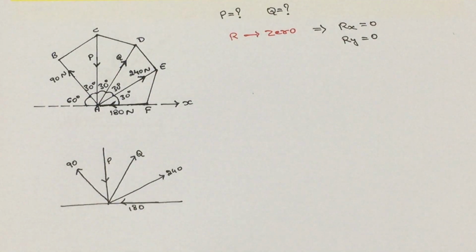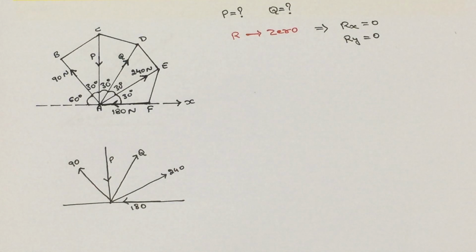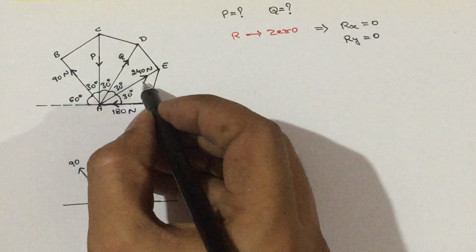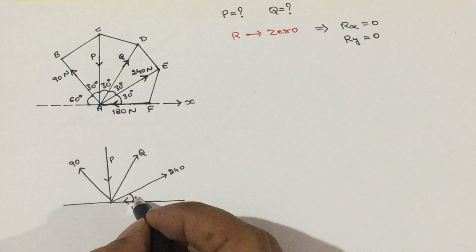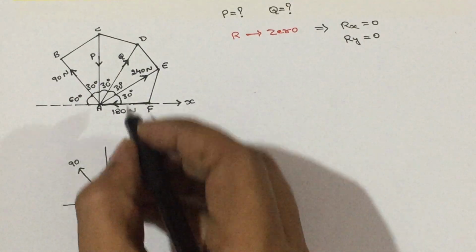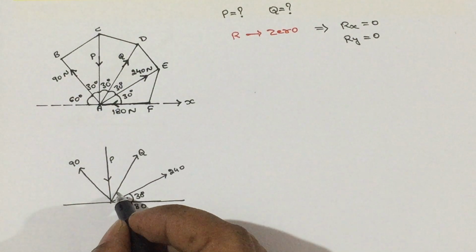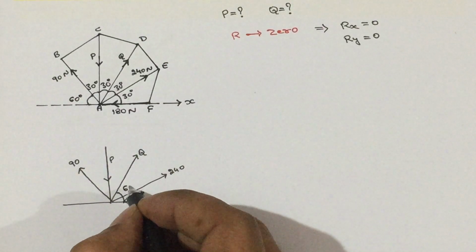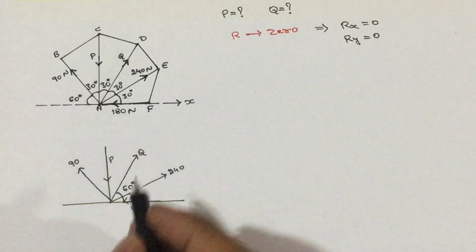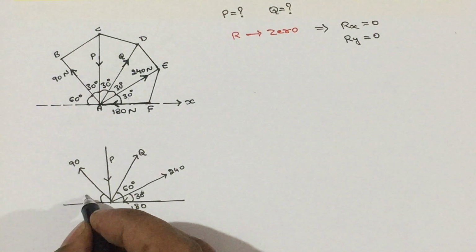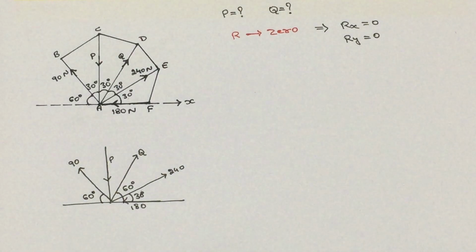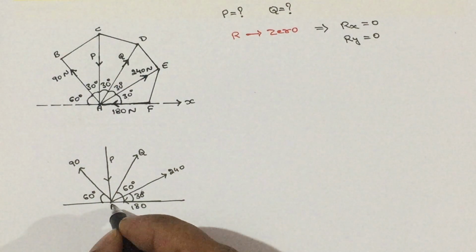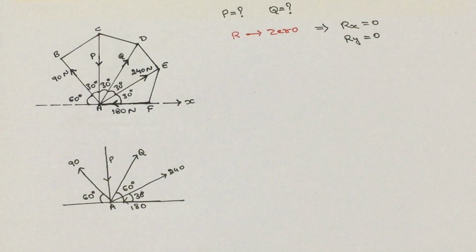First of all, the first step is the horizontal angle for the inclined forces and splitting. For 240 Newton the horizontal angle is given as 30 degree. Then for Q force, with respect to horizontal the angle will become 30 plus 30, that is 60. Then for 90 Newton the horizontal angle will be 60, it is given. So, this is the A point. Let us calculate sigma Fx and sigma Fy for this one.